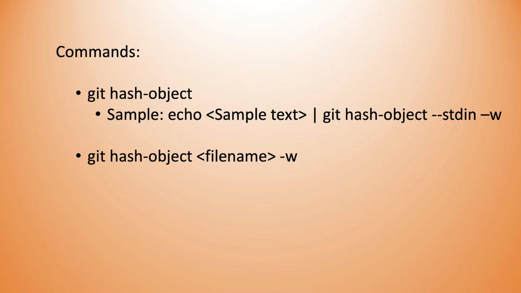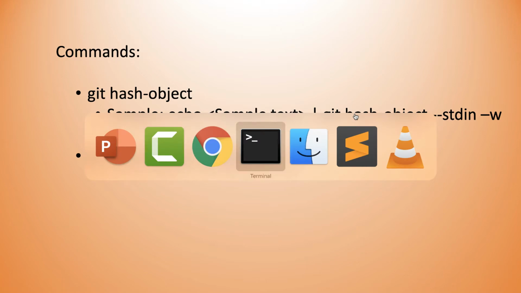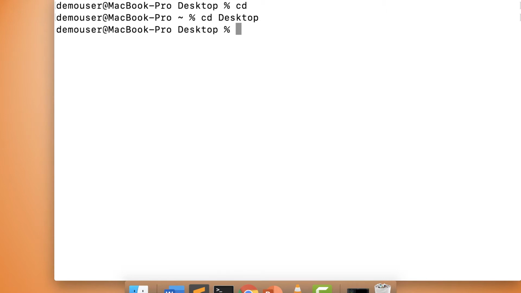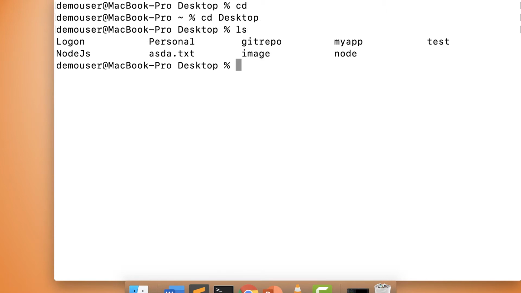So let's get started. I'll go back to my terminal and go to the directory where my git repository is. I'll just do ls. You can see my git repository, that is git repo. As of now, I'll create a file on my desktop itself.